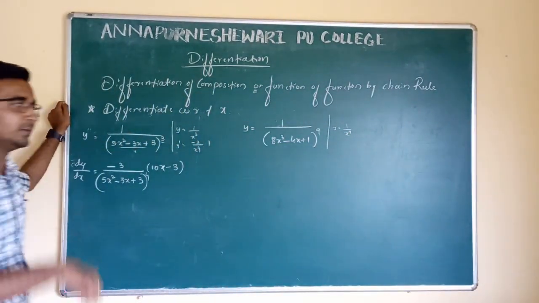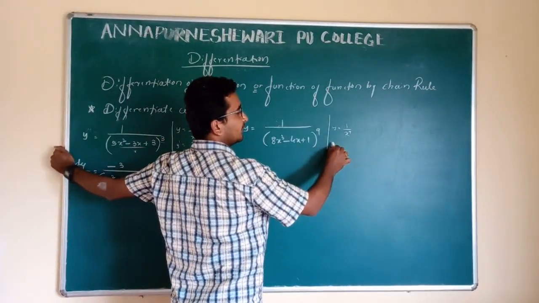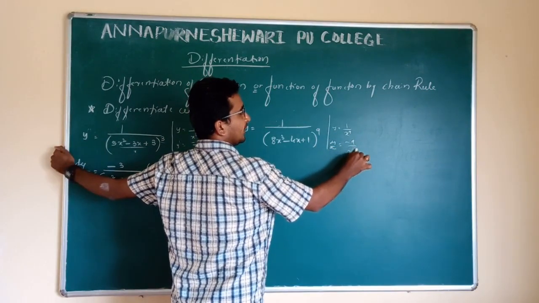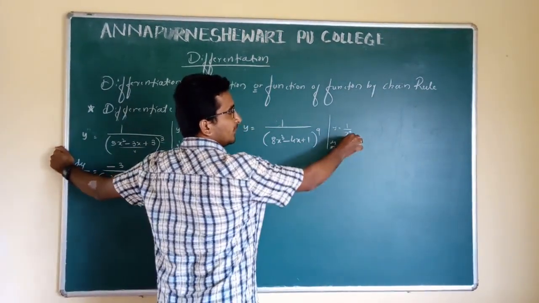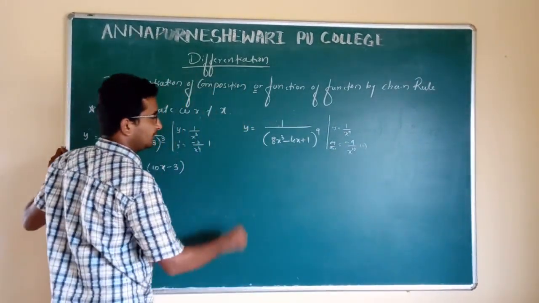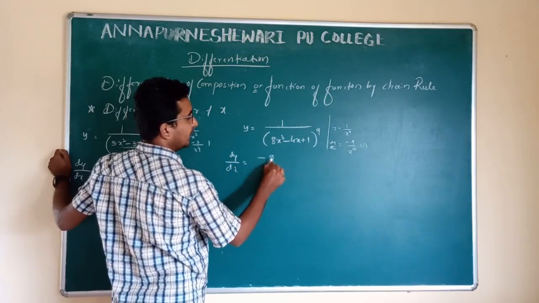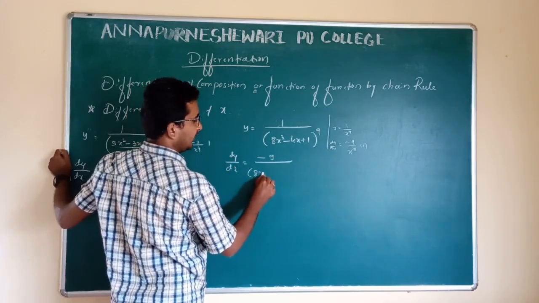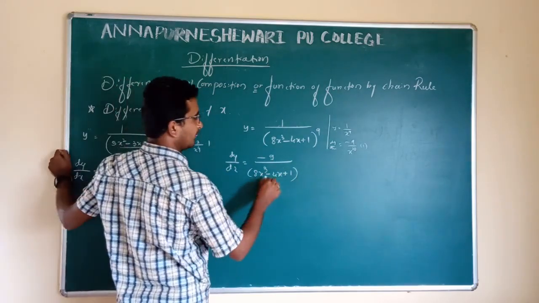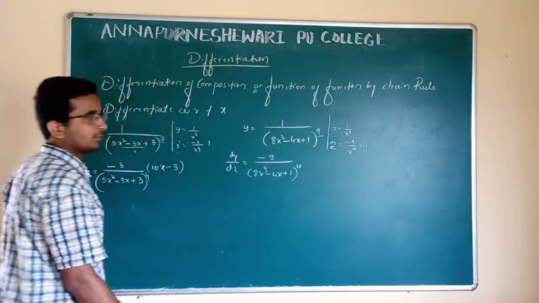Then how do you do 1 divided by x raised to 9? That is 1 divided by x raised to n, then d by dx is minus 9 divided by x raised to 10. So 9 is over. Then differentiation of x is 1. So it means dy by dx is minus 9 divided by (8x cube minus 4x plus 1) whole raised to 10. So the differentiation of order 9 is over.